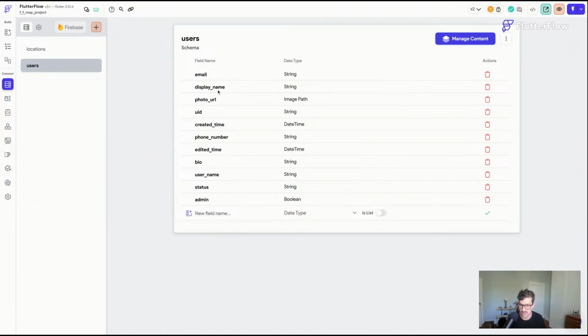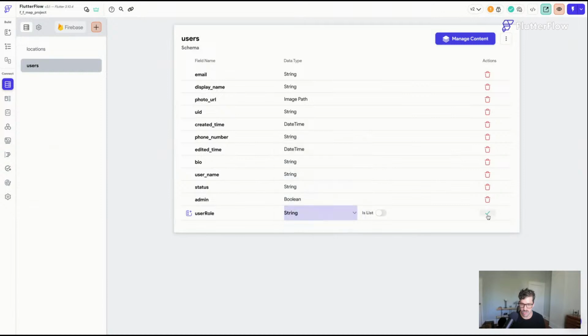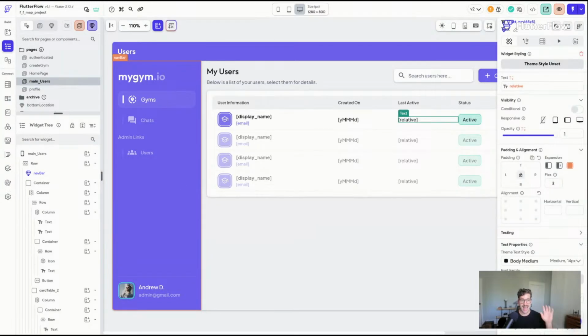We have, let's see, title. Do we have a title here? We don't. Let's say user title or user role. Better. User role. Excellent. We'll do string. And I guess user role could be admin. So we could just have a drop down or choice chips that said admin, and if user role equals admin, you would have access to this in your application, or you would have access to the admin panel on a subdomain. So,